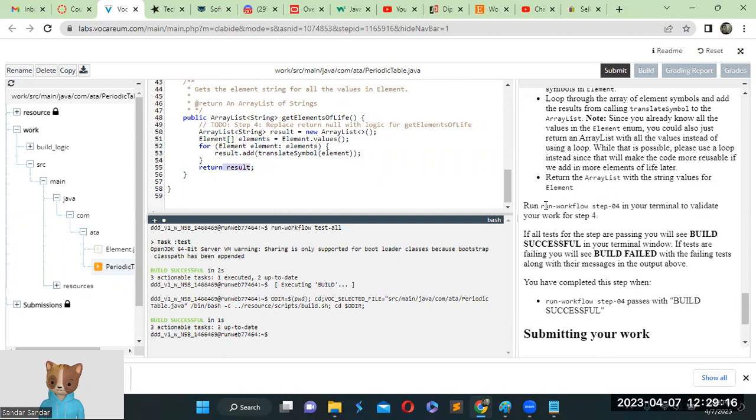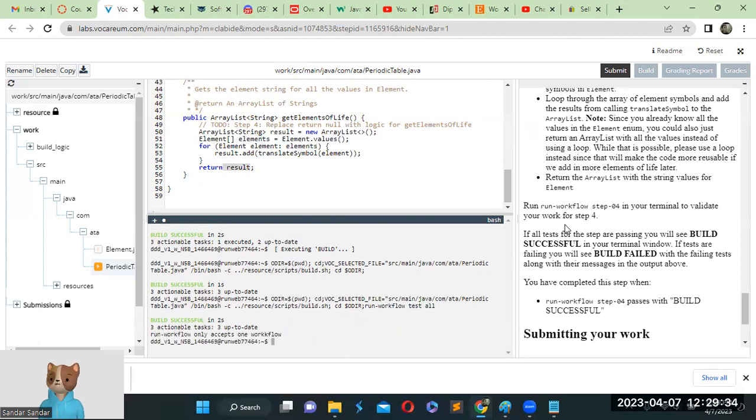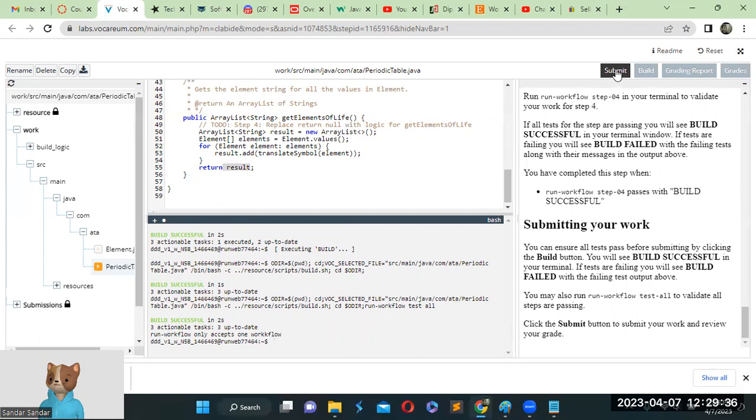Then you run the run workflow step 4, or else run workflow test all. And it's successful, and just submit it,